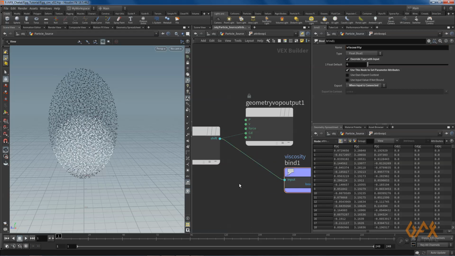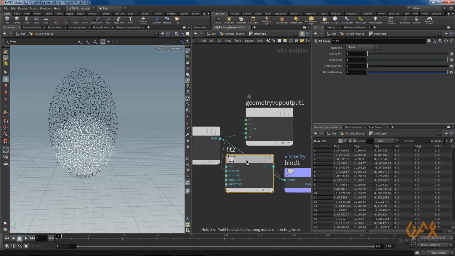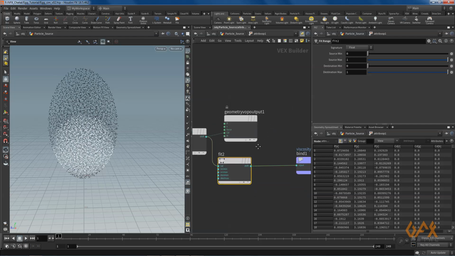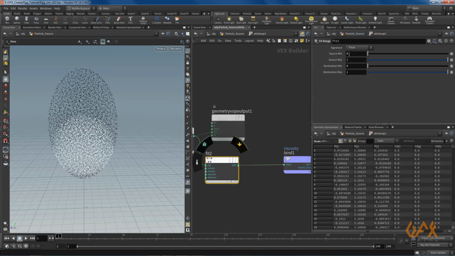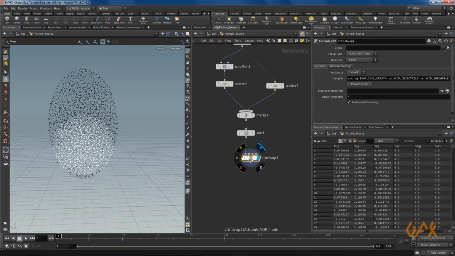And I create one more fit range over here, and I set my minimum viscosity to 40 and maximum viscosity to 10,000. So now this attribute I pass through these things, and here we create this attribute of viscosity.